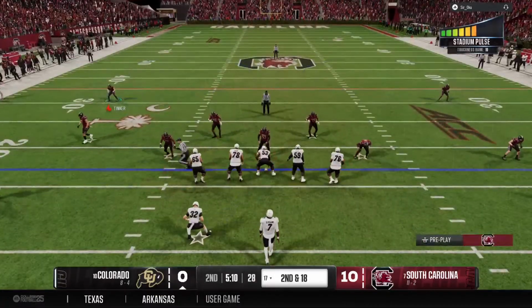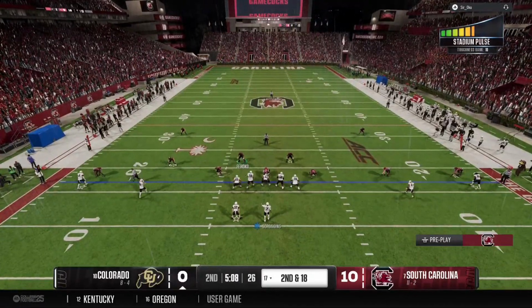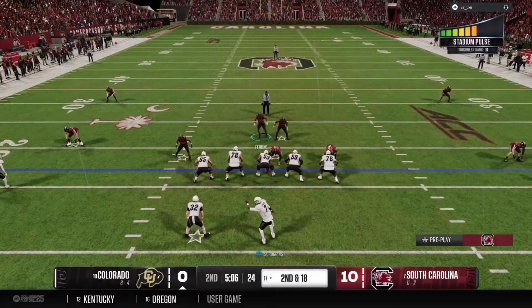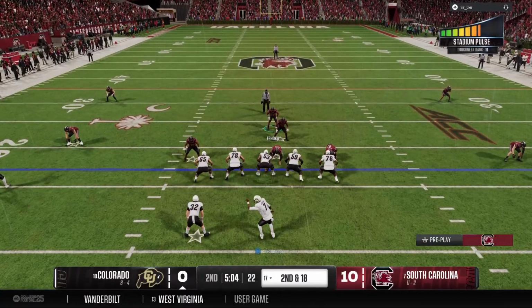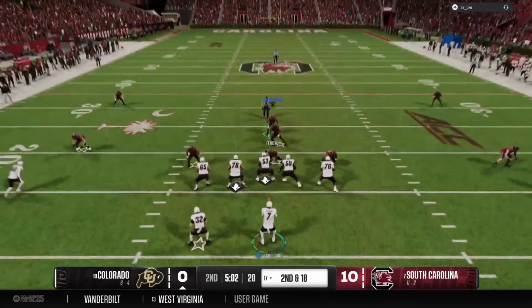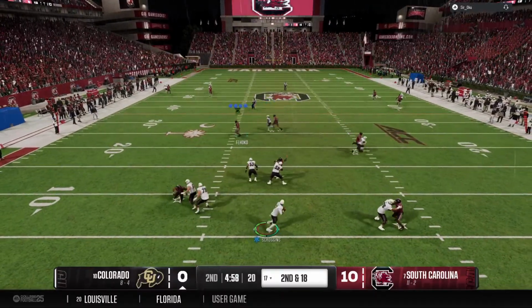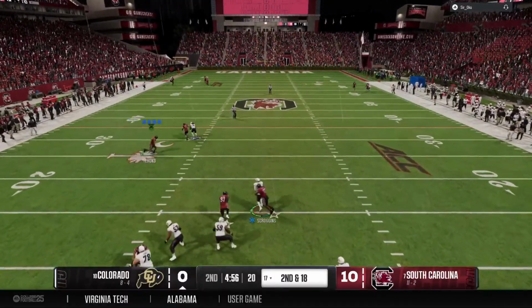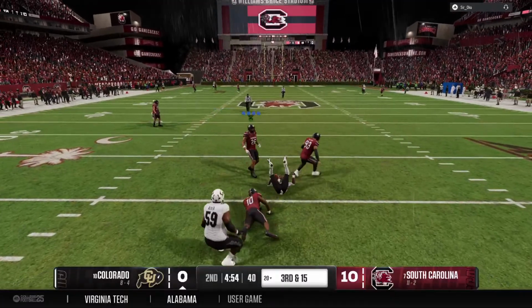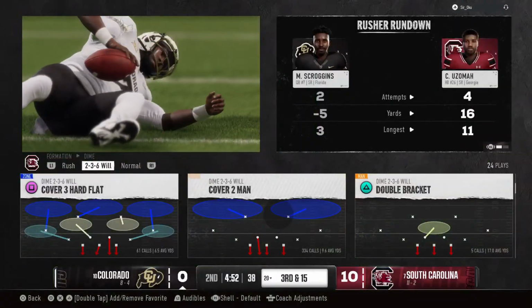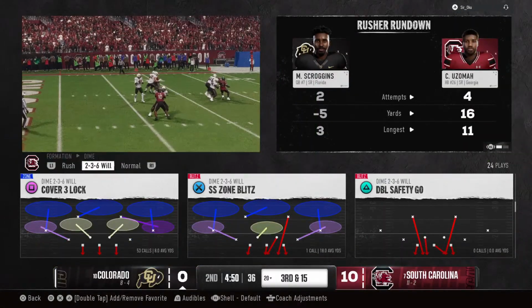Backed up, 2nd and long at the 17. And the quarterback drops back looking for an open man. The pass rush closing in. He'll be wrapped up on the scramble there, settling for a short gain.